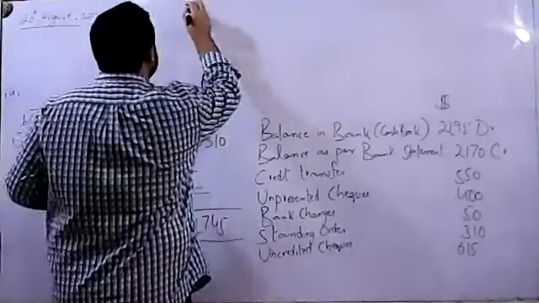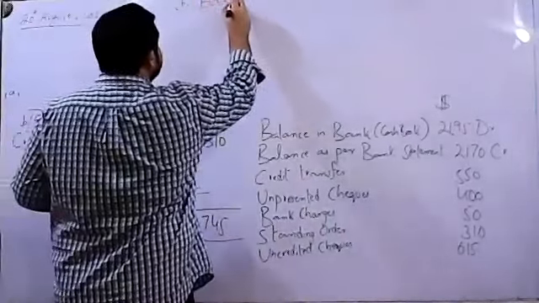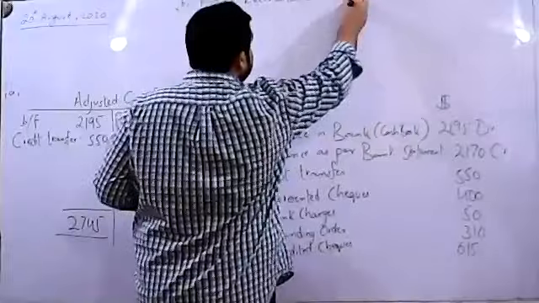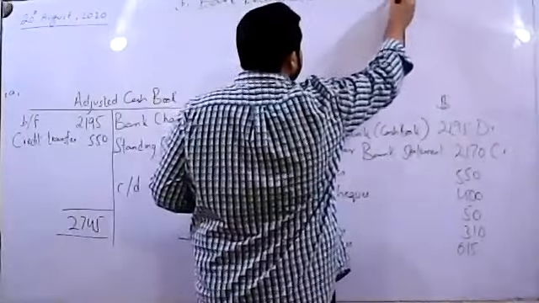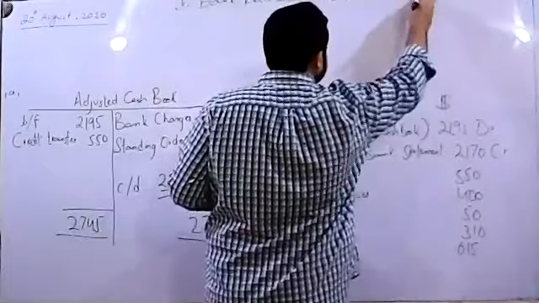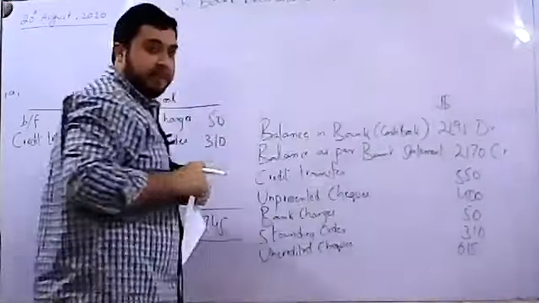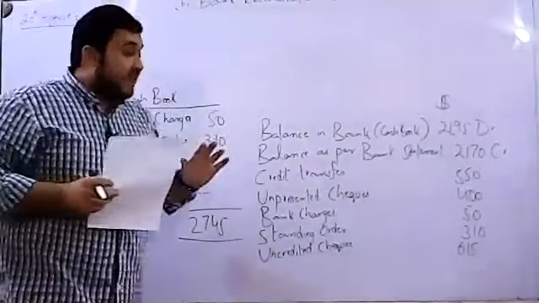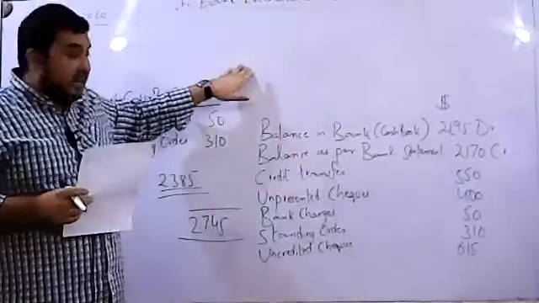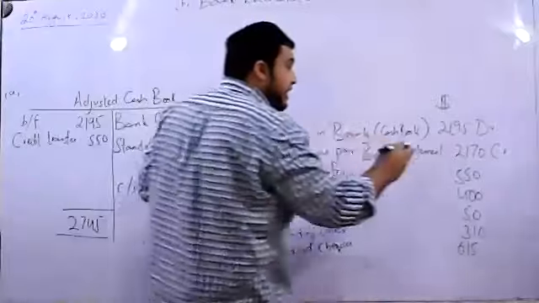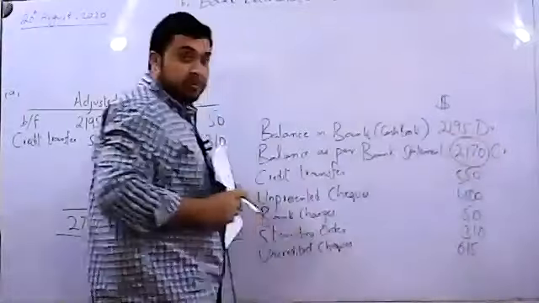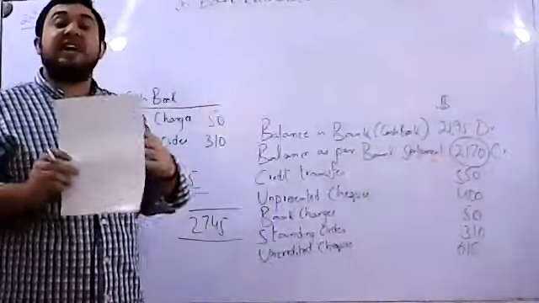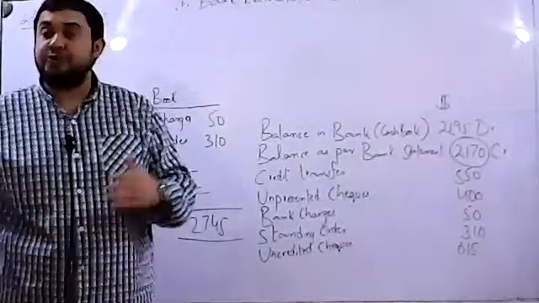The other part says to prepare a bank reconciliation statement. Now, how do we prepare a bank reconciliation statement? We studied that format yesterday, and I'll be repeating it over here. Remember one thing, that at the end of our preparation of the bank reconciliation statement, the answer that we derive must be equal to this amount. If our answer is equal to this amount, that means our working is absolutely correct and we are successful in reconciling balances of the cash book and the bank statement.